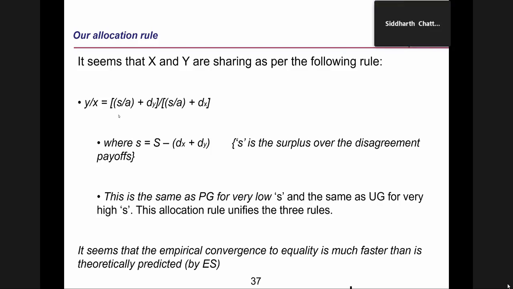Can I ask one question? Yes, please. These disagreement payoffs, 150, they were exogenously decided as part of the experiment? Yes, exactly. Do you have any comments about that? If people were to bargain about that as well, if you think of the bargaining as a two-step procedure, first they have threats, the disagreement payoffs often in a bargaining situation are actually endogenously decided. Could you envisage such a situation in this context?